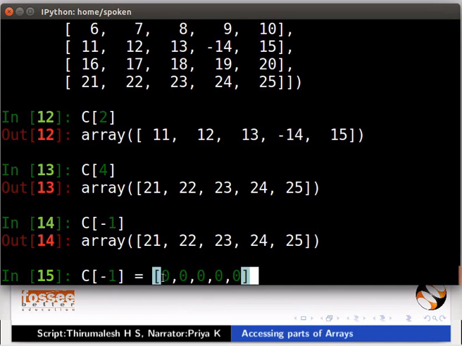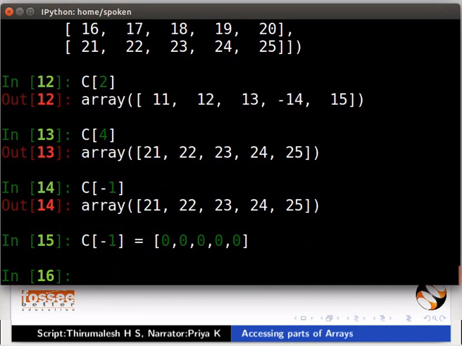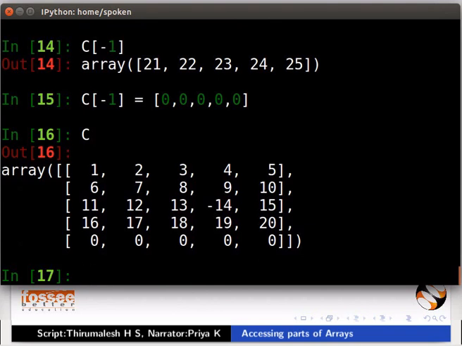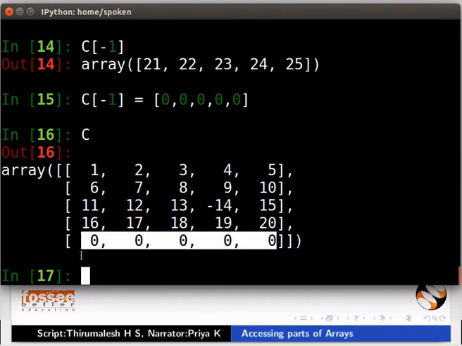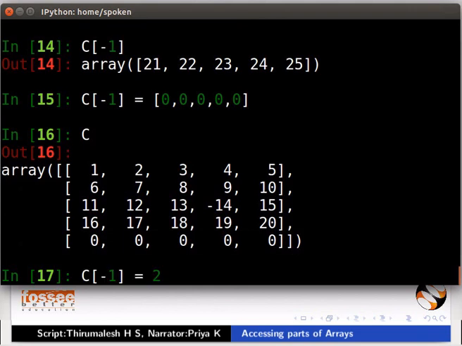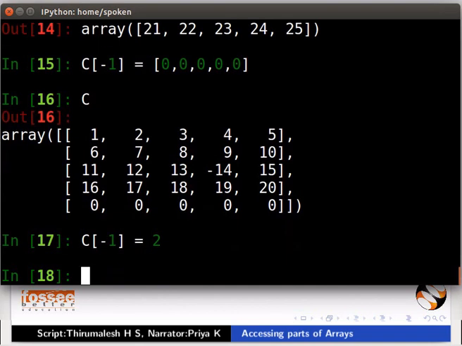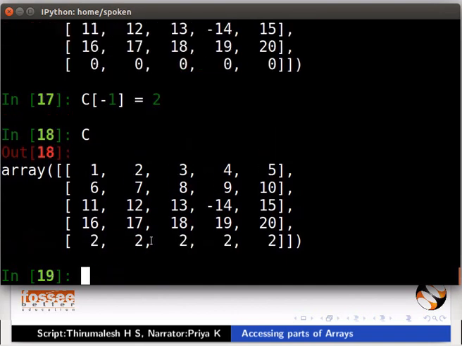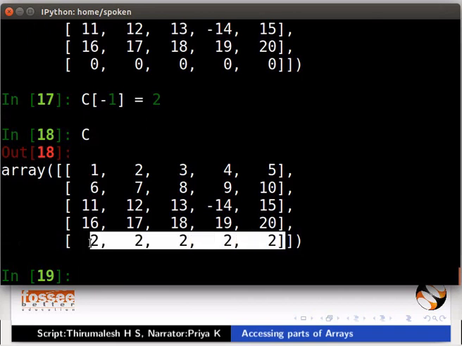Type C[-1] = [0,0,0,0,0]. Type C. Notice that zeros are displayed in the last row of the array C. We can also type C[-1] = 2. Type C and check with the changes made.